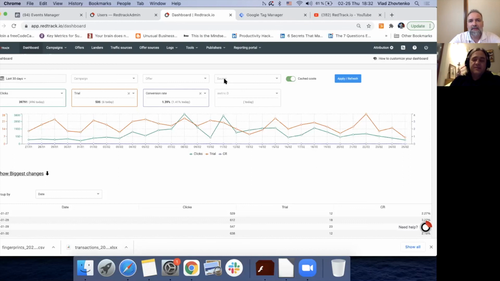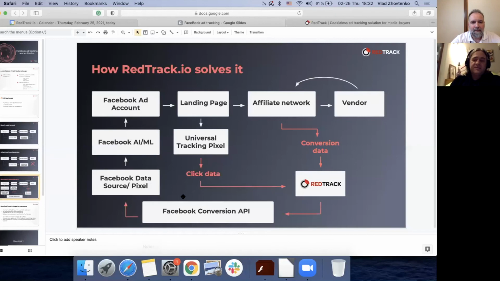Why I'm saying this is because there is a tracking pixel that uses some JavaScript to help with redirects if you have any offers in rotation. And sometimes there is a conflict between our JavaScript and the server JavaScript.